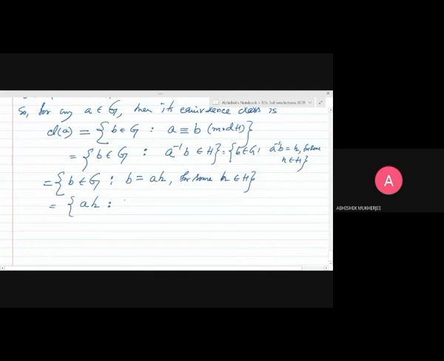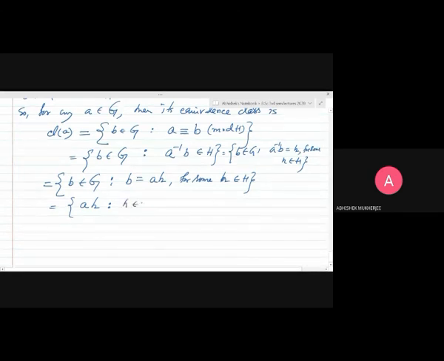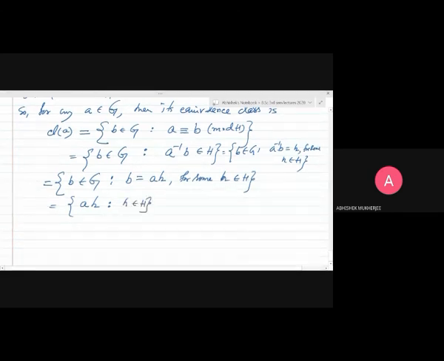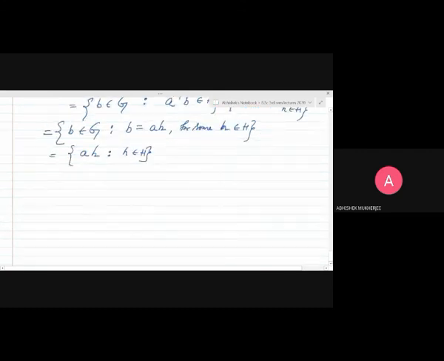What is h? h is in capital H. So just compose each element of capital H by a, and you have the whole class determined by a. So this is the class determined by a. This class contains the elements which are, you can say, multiples of a with respect to the composition of the group. And you denote this set like this, a H,